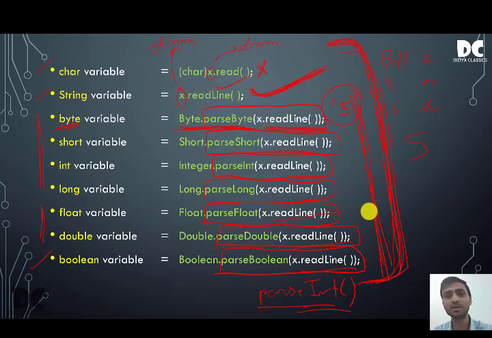So if the question comes how to convert string value to different types of primitive data types, primitive data types meaning byte, short, int, long, float, double, boolean, char, how to convert this? To convert this, you have to use parse function. For byte, parse byte. For short, parse short. For int, parse int. Similarly, for char, the syntax is a little different. See, this is a type conversion syntax. You have to write char within brackets and then x dot read. So it will read a single character constant. So we'll be using these syntaxes in our programming.